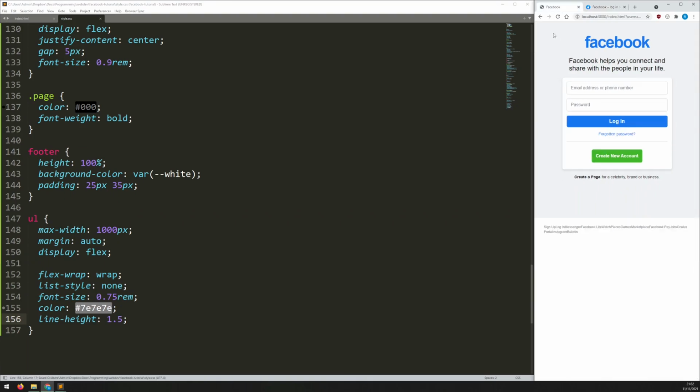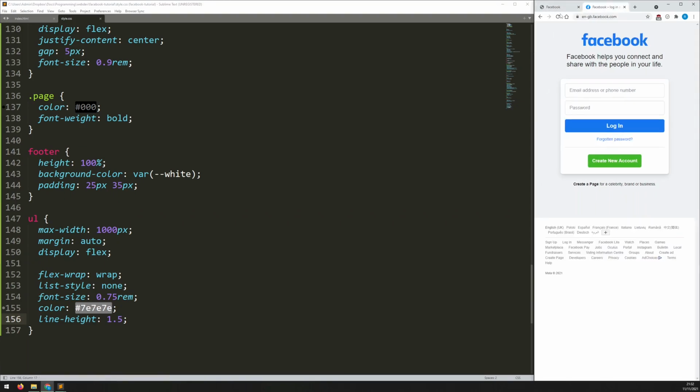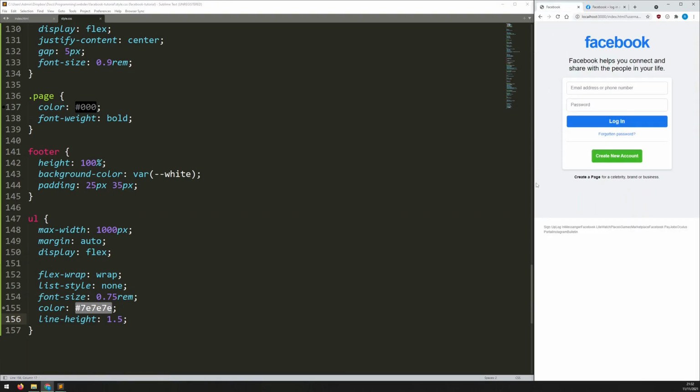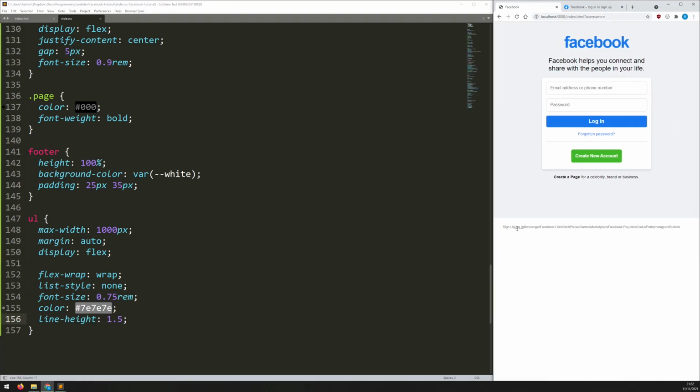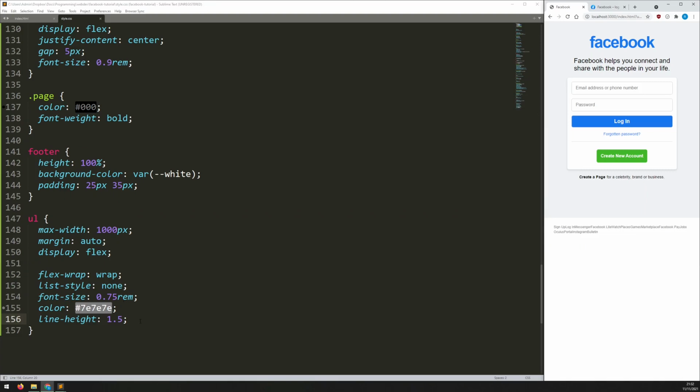Okay, and that's working okay. The font size is about right. Color is about right. There's of course no room between them. They're still stacked up right next to each other, so we need to make sure we fix that. Now I could do that with a gap, but that has an unintended consequence. So if I make this smaller and I add a gap here,